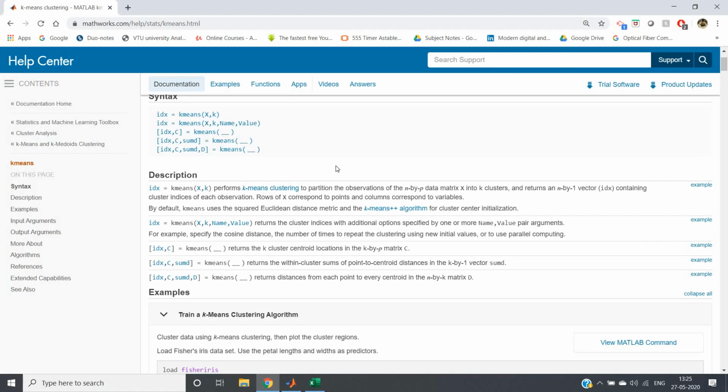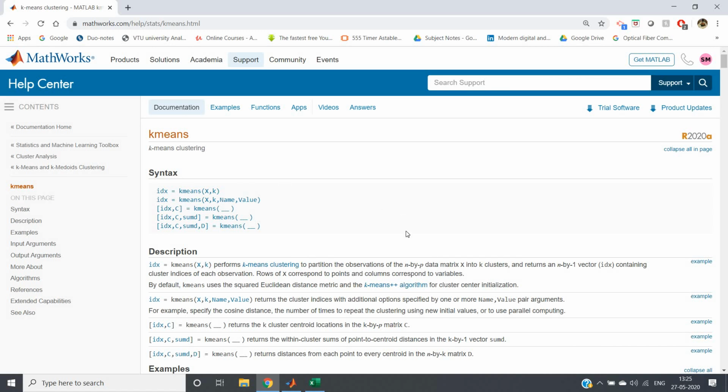If you check the MATLAB documentation of k-means, which is an inbuilt function, WCSS is the within-cluster sum of point-to-centroid distances, and using the elbow curve we will first determine the k value where the elbow appears, that is, where the within-cluster sum of point-to-centroid distance is very small, and that we will take as the k value.